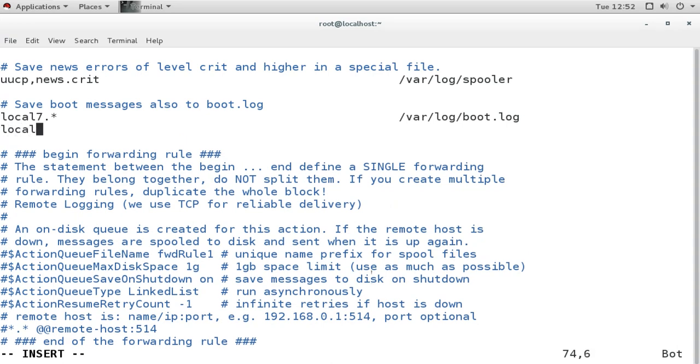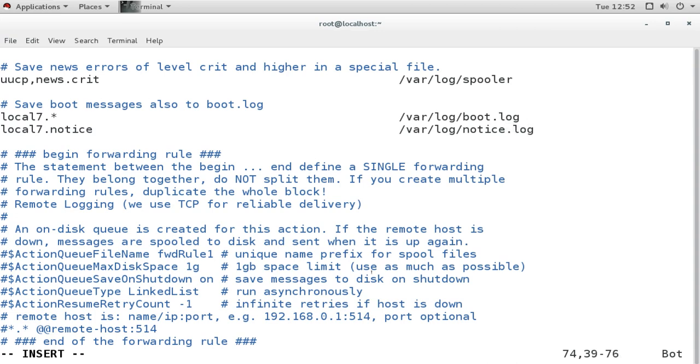For local 7, let's say notice priority, these logs should go to /var/log, and I'm creating my new file here, let's say notice.log.